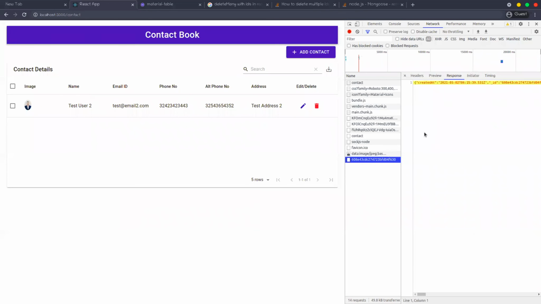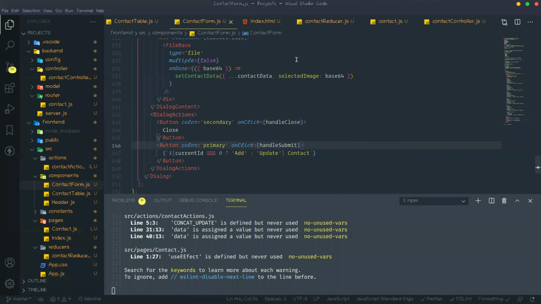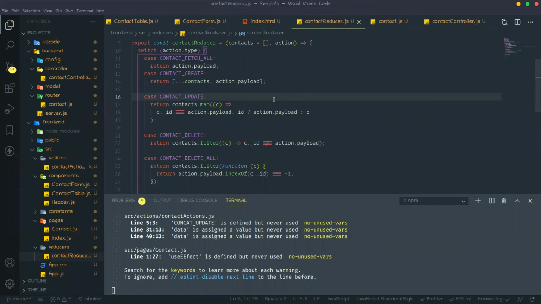Update happened, right? So something is not matched. Go to the reducer, action.payload, action.payload.id. Okay. I need to check.